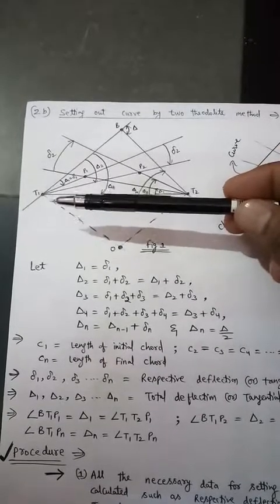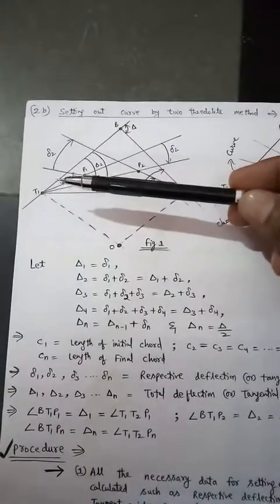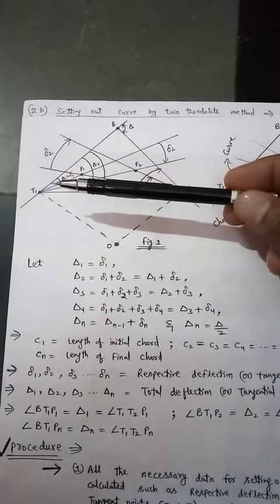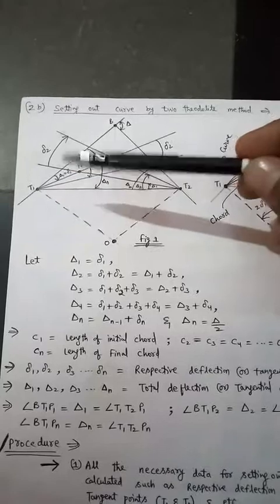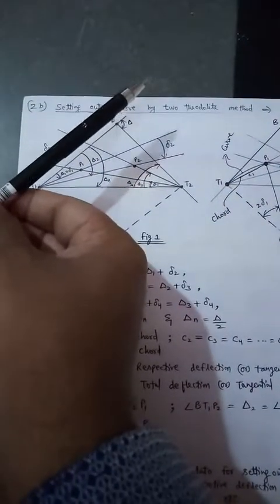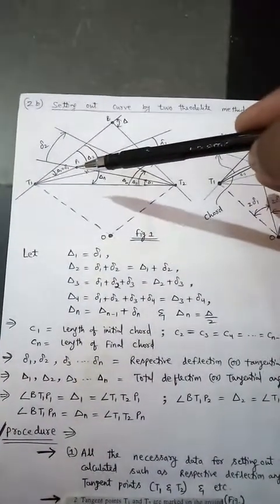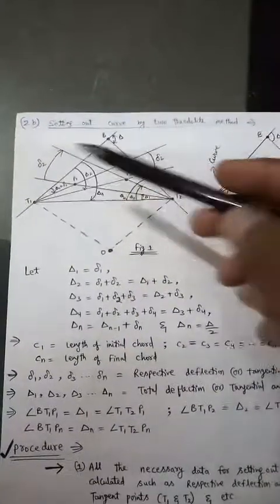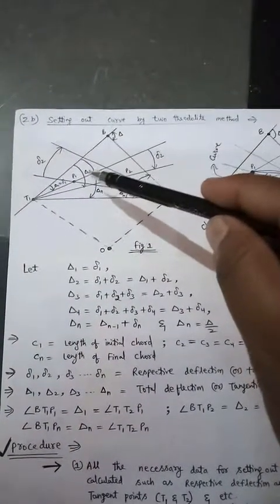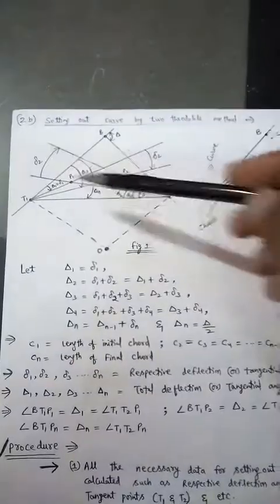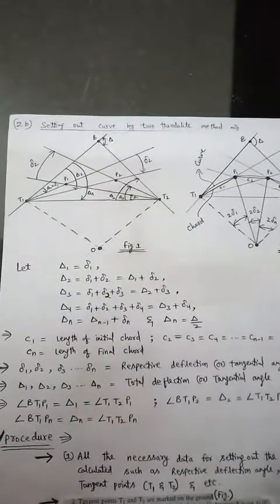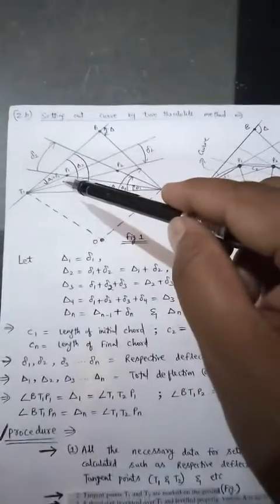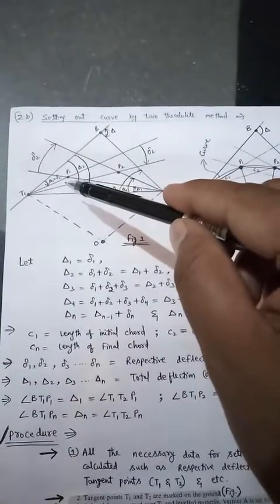The telescope is turning clockwise here; this is the line of sight. Here the telescope is turning clockwise to the point of intersection. So the point P1 is so located that the lines of sight of both instruments intersect at this point. So P1 is the point on the curve.